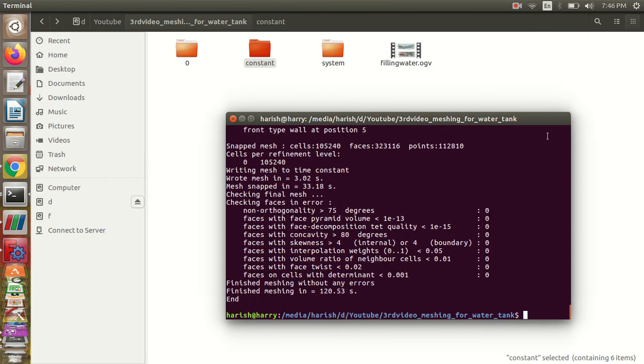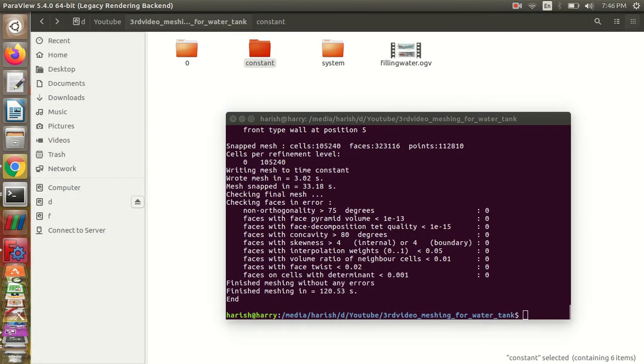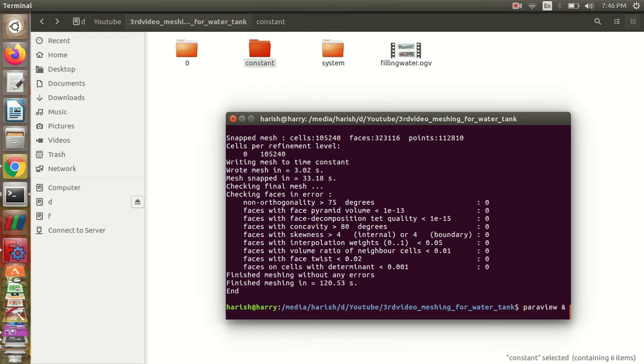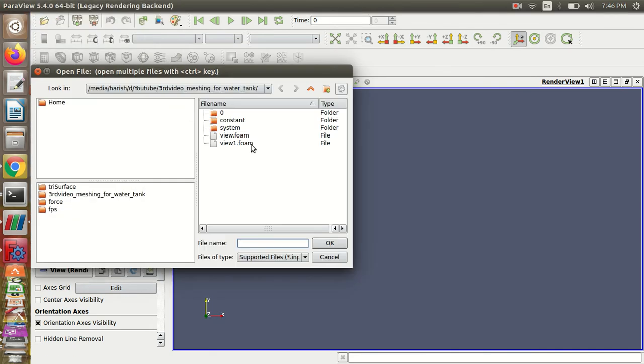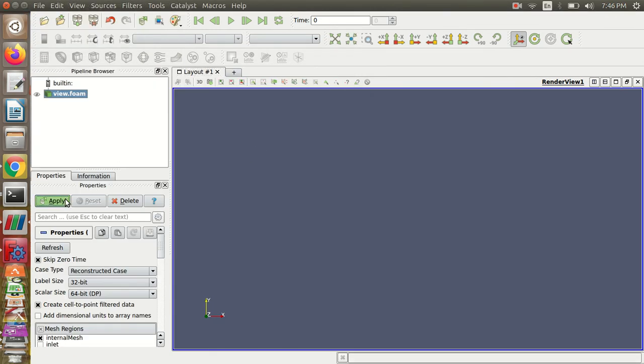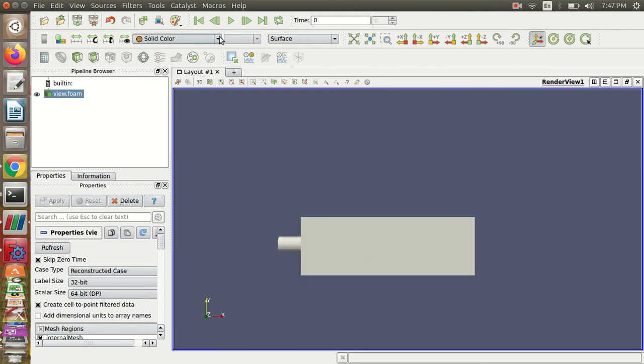Welcome back, all. So the snappyHexMesh is now ready. We'll quickly see what it has created. I'll close the previous ParaView and open the ParaView window. So yes, now your mesh is ready.